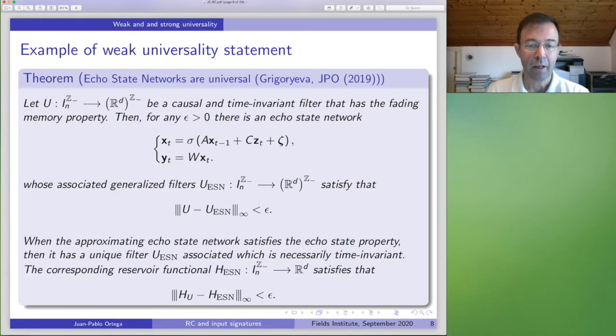So just to emphasize the idea, here you have an example of a weak universality statement. I give you an input-output system, and then I tell you that there exist an A, a Z, and a zeta. Eventually, there are improvements of this theorem that tell you that you can choose them randomly, such that you can approximate the given filter, right? But you change only the U, and you will have to change the A, the Z, and the zeta. Again, the strong universality I'm running after is the one in which I will be able to respect the other building blocks of this network architecture, and then I will modify exclusively the W. Okay?